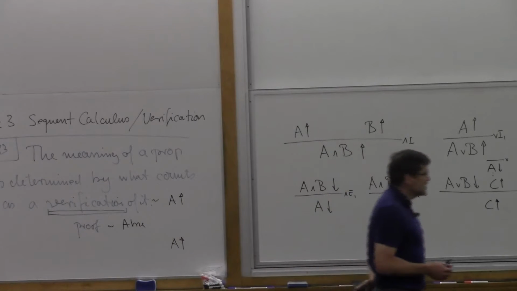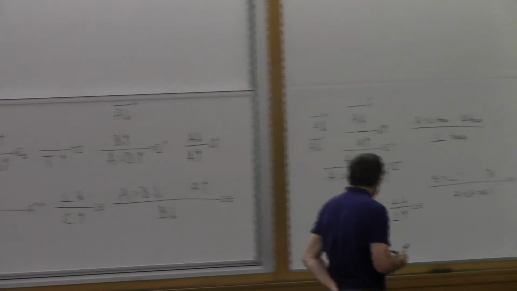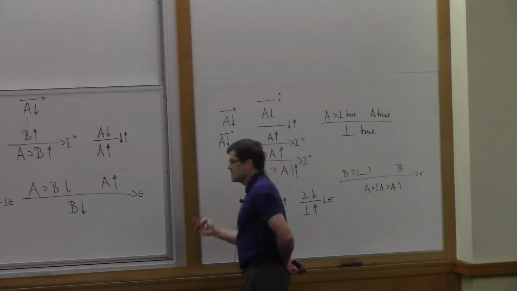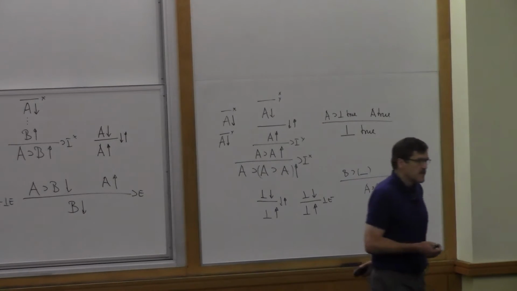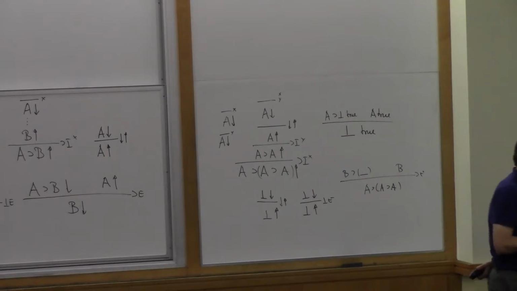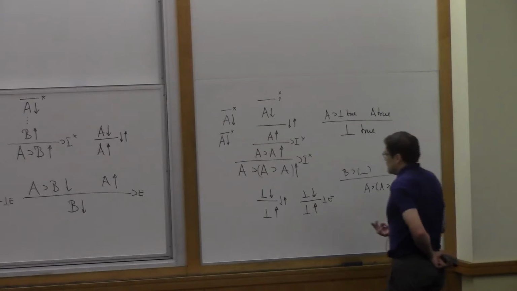So when Gentzen originally developed natural deduction, he came up against this problem. He didn't define the notion of a verification, but he came up against the problem that there's infinitely many proofs. But he really wanted to show that the logic was consistent. You couldn't derive falsehood in it. That was the key of what he really wanted to do. But with the inference rules that were given, you can't quite do it.